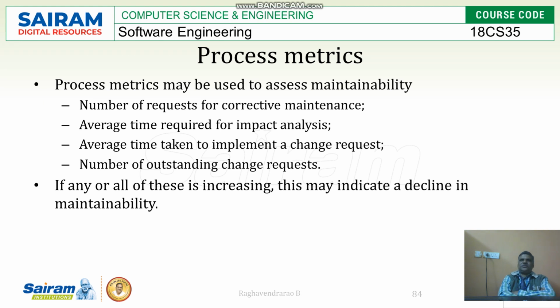And time taken to implement that change: if a new change is given, how much time it takes to adapt it into the system. These time factors are calculated. Then alternate change requests: how many times the request has been made by